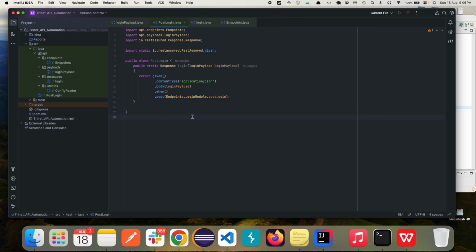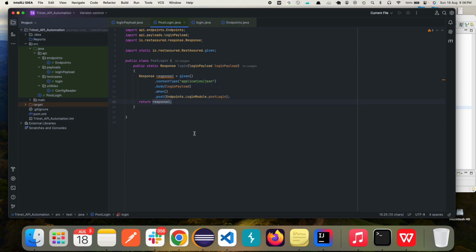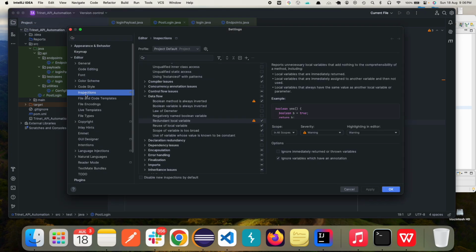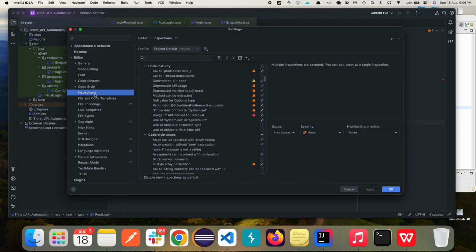So we'll go to the original code. This is my original code, and you can see the local variable response redundant is still showing. So I will go to the IntelliJ settings, go to the code style, go to the inspection list, and in the inspection list you will see